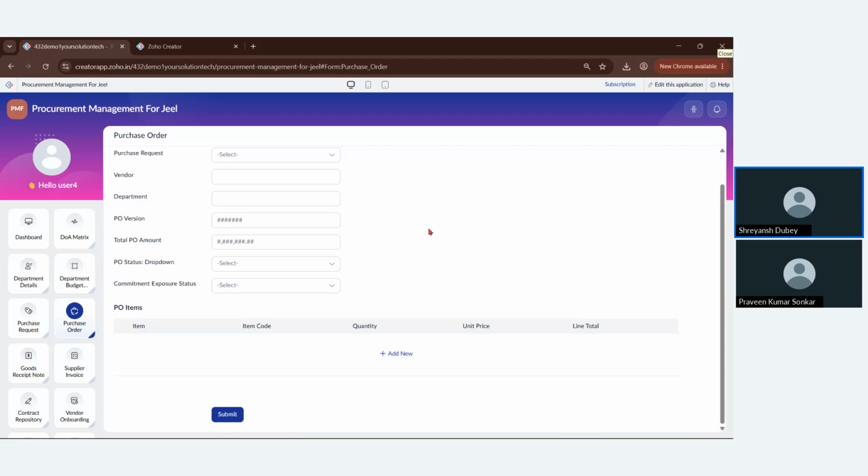So this is the overall overview of the Zoho Creator application, what it is actually capable of, and how we do things over here. So yeah, that's it from my side. So Praveen,